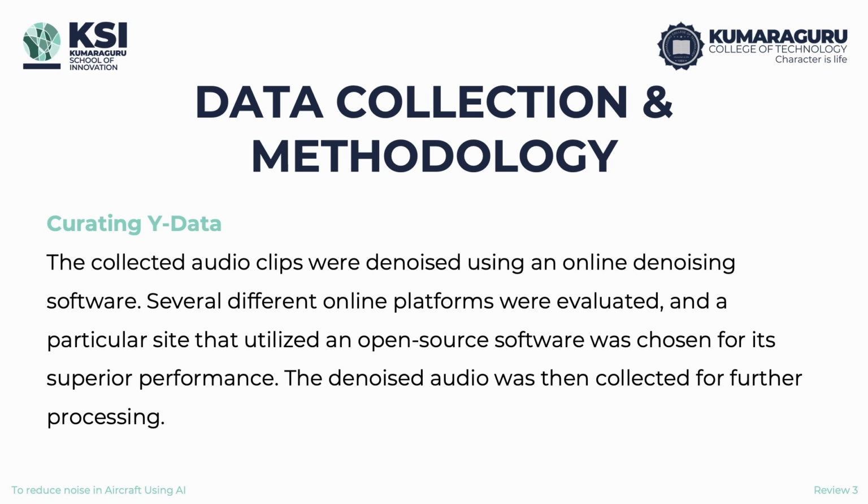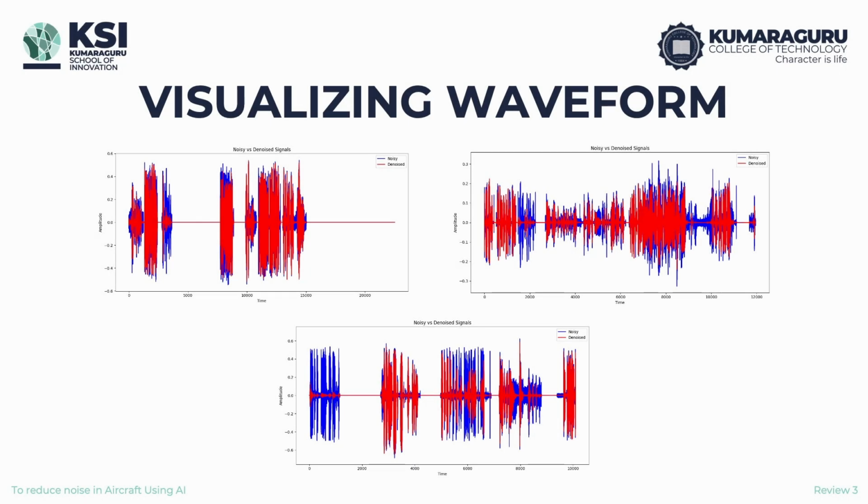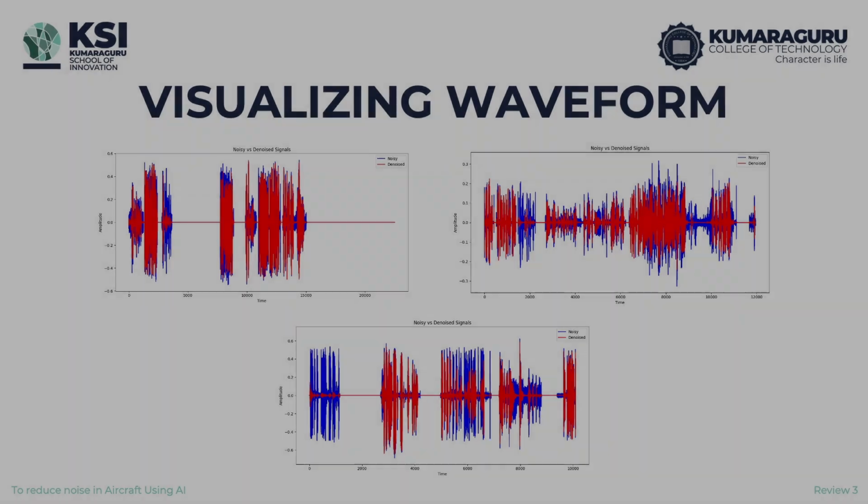that uses both mathematical and AI models to denoise audio, which is very computationally costly and inefficient, but it gave good results. So there we got the Y data, and to pre-process it, we trimmed those 90 minutes of audio into 10-second clips for both the noised and denoised audio. Here you can see the visual representation of a noised and denoised audio. The blue represents the noised audio and the red one represents the denoised audio signals.